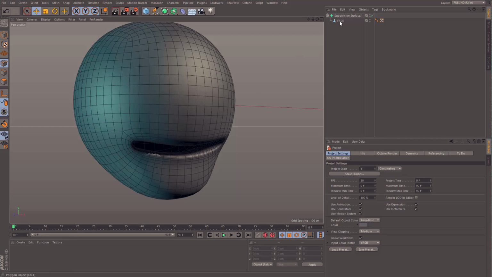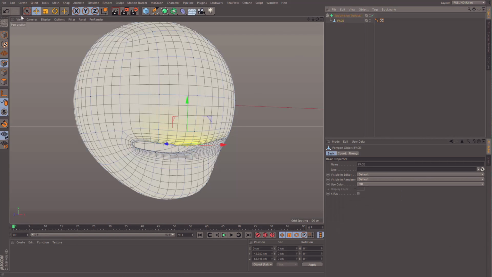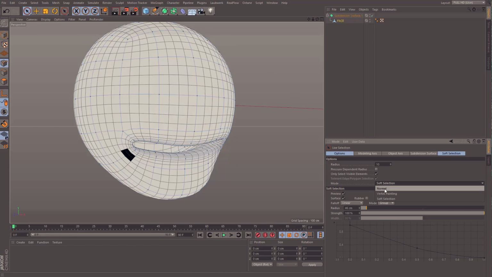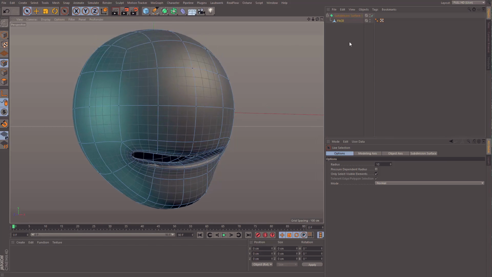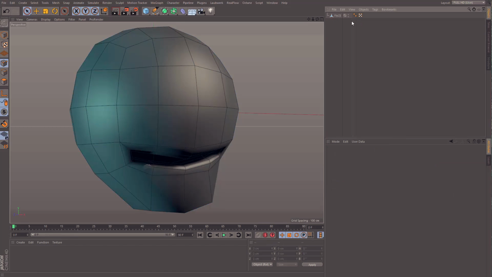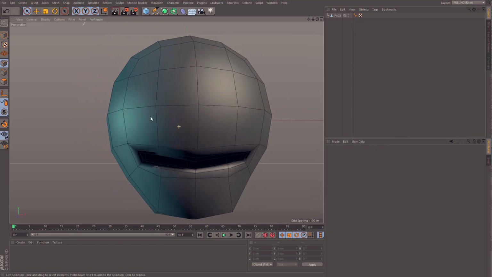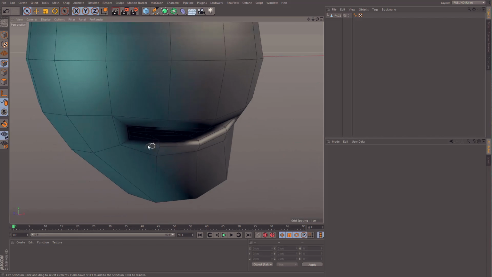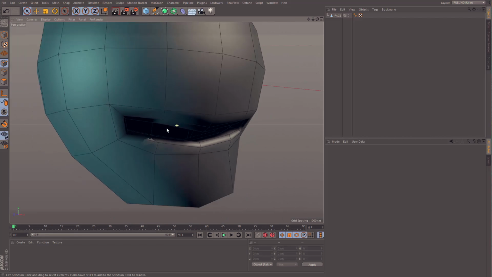So let's come to our face object here. Let's drop this selection, and I will turn off soft selection so we're getting a better idea what's going on. In fact, let's undo that subdivision surface. In fact, we'll kill it off altogether. We can add it back later if we want to. So you can see there are no funky overlapping polygons. There's a little bit of tearing of a shadow there, but that's nothing to do with the geometry,